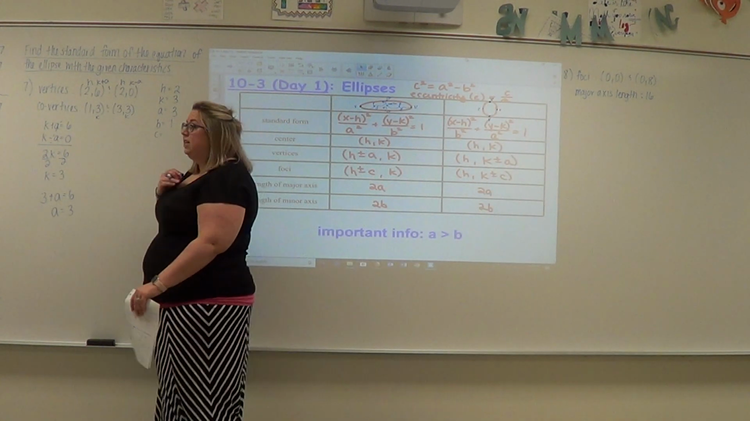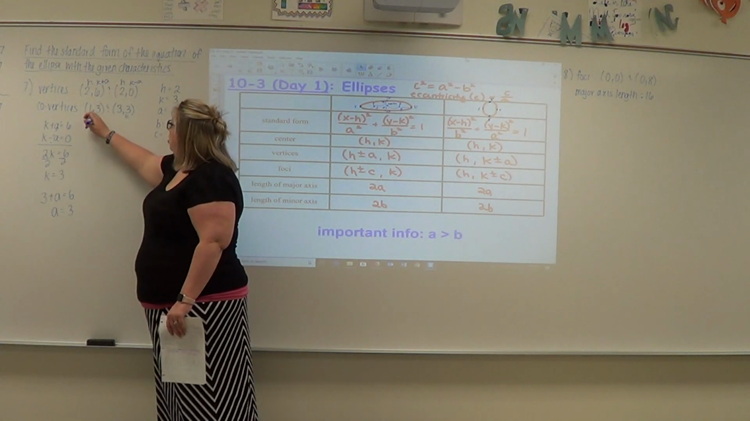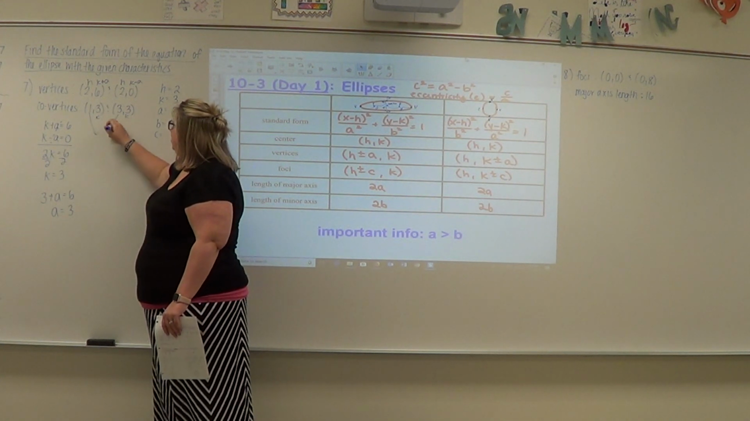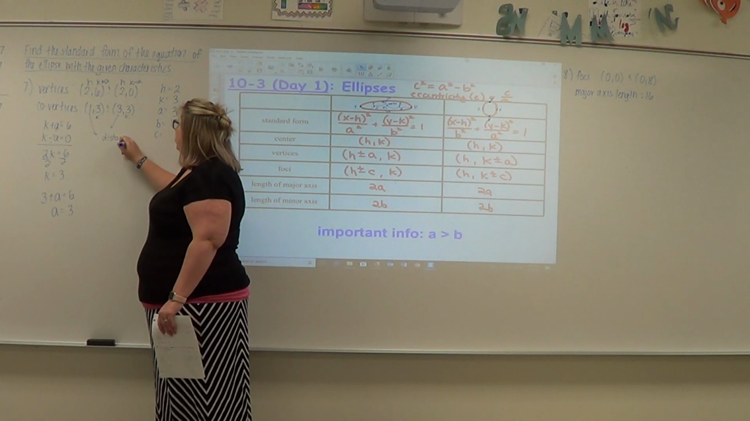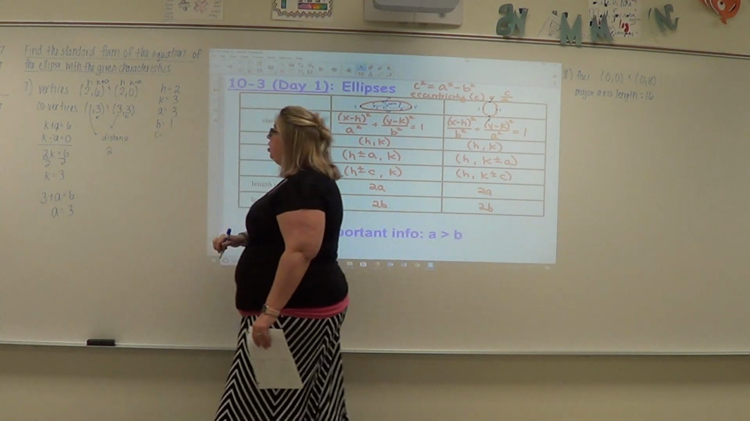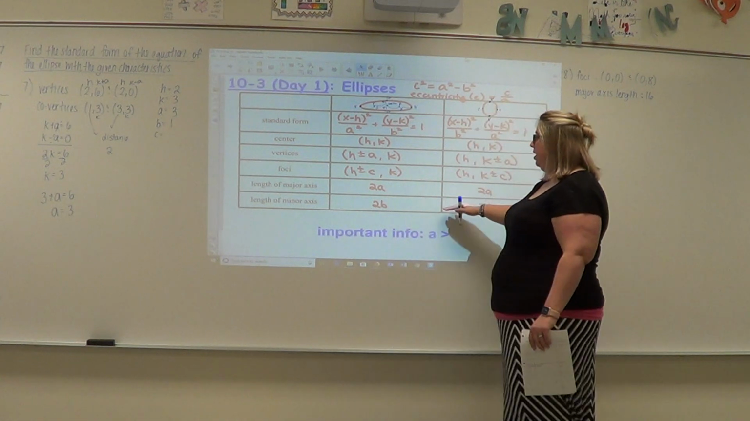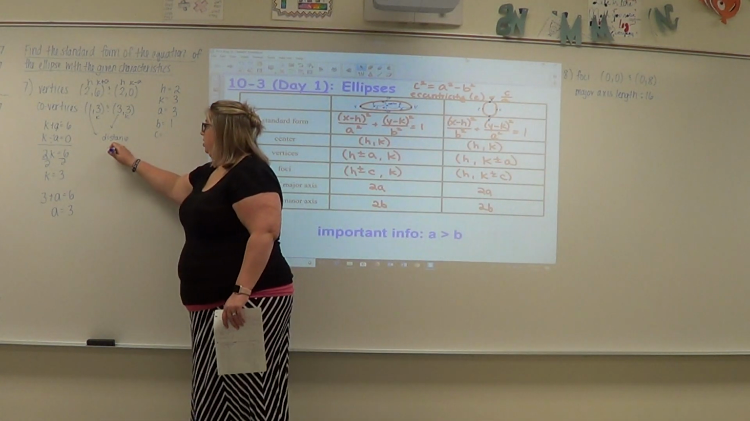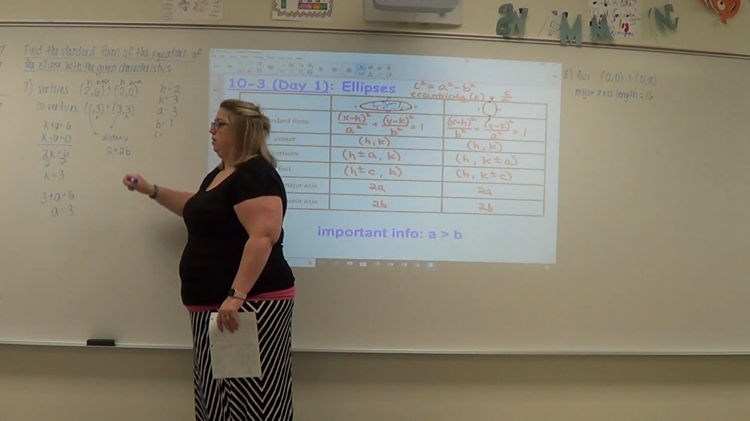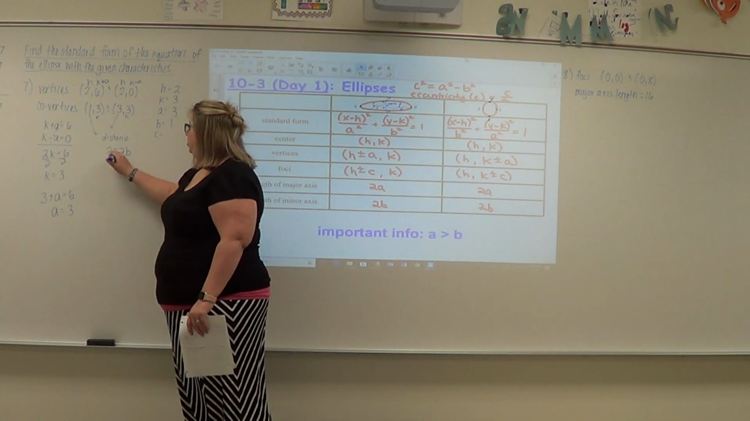Alright, what I think is easiest, instead of doing equations again: what's the distance between this number and this number? 2. The major is the long one, that's your minor. So that's equal to 2B. So then B is equal to